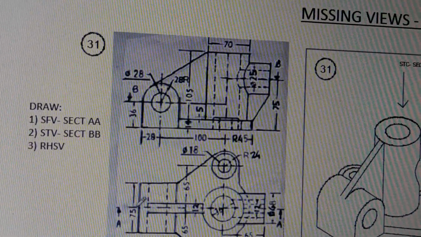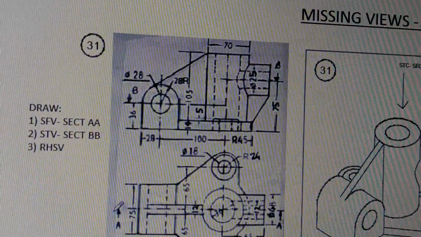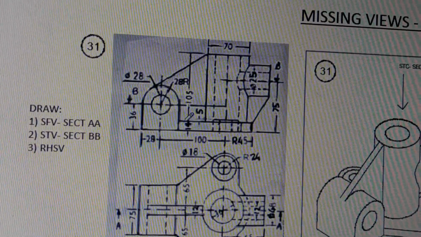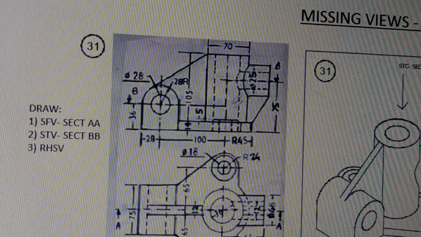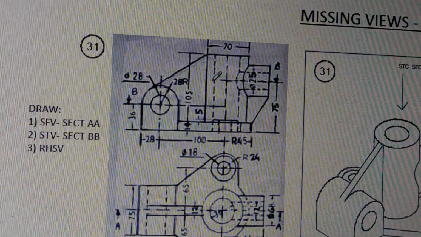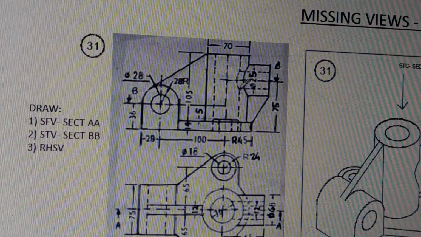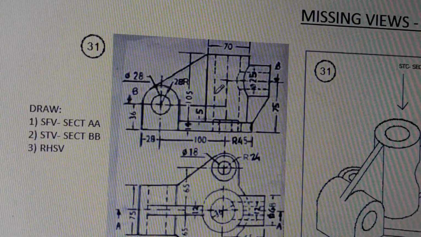So this top view, when you cut from here, from the middle, and when you look in the direction of the arrow, then this front view will become a sectional front view. And when you do that, you will see that you have to draw the section lines. Now since the pipe is cut, this dotted line will become a continuous line. All this dotted line, all this curvature, everything will become continuous line.